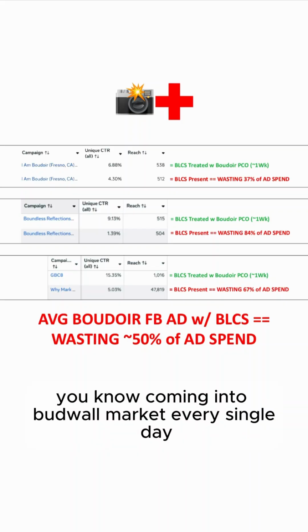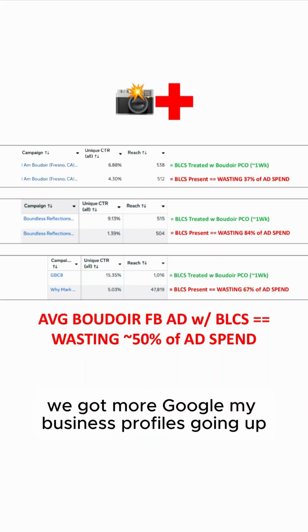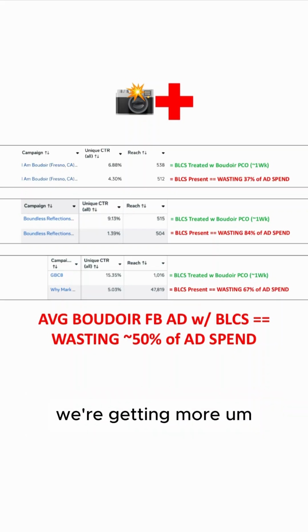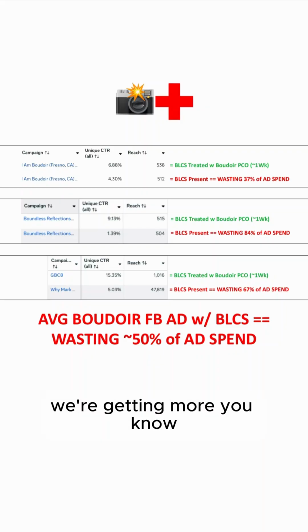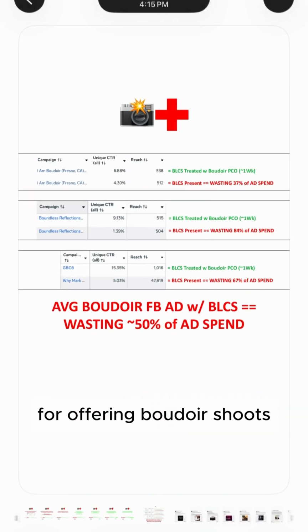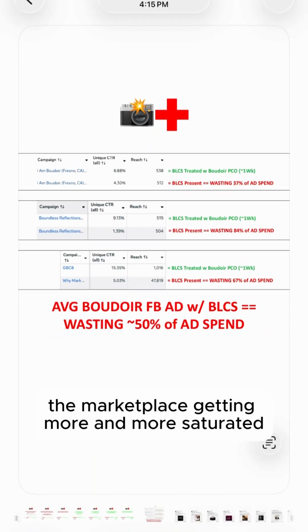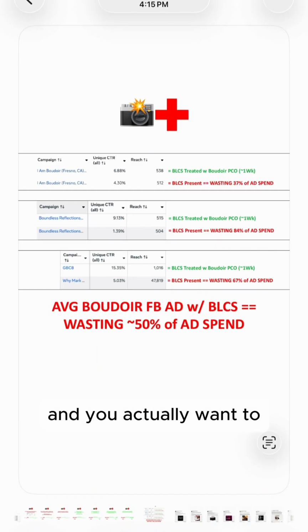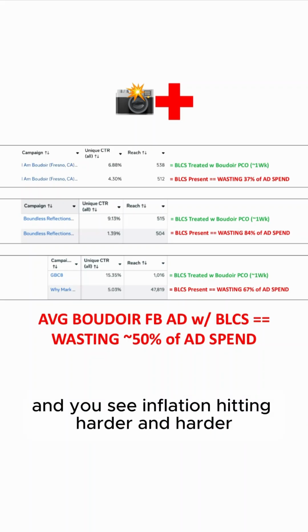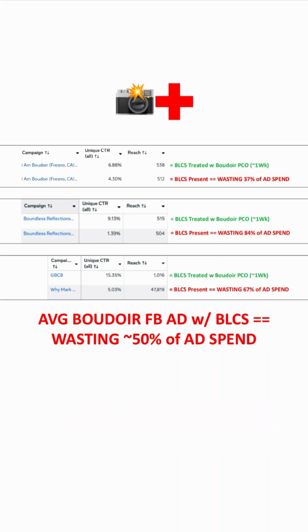Because you see more women coming into the Boudoir market every single day. Seems like anytime anyone gets a new iPhone, we've got more Google My Business profiles going up. Anytime anyone gets a new camera, we're getting more Facebook posts in the mom groups offering boudoir shoots. And so you see the marketplace getting more and more saturated, and you see inflation hitting harder and harder, and you want to become a dominant boudoir advertiser, achieve pre-click alignment,